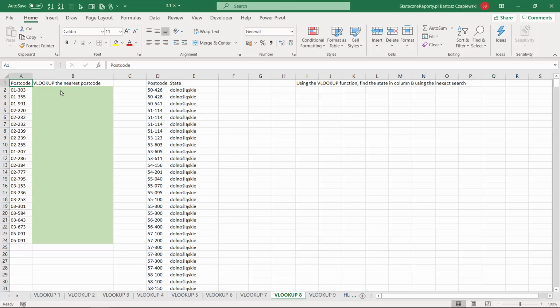Calculating the tax rate is one of the examples for the VLOOKUP with the inexact search, and you might also find this useful when building some kind of intervals, for example for a histogram, but we'll have a look at one of the examples, which is find the nearest postcode,